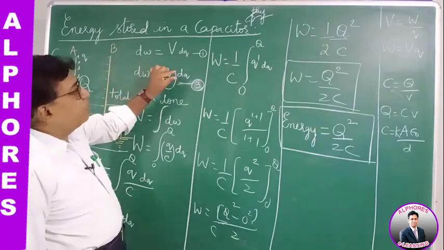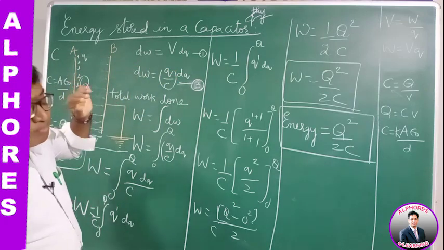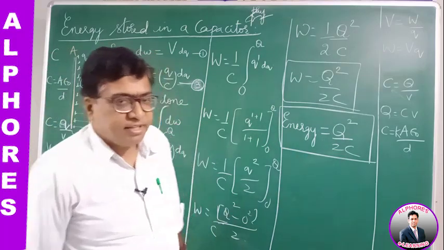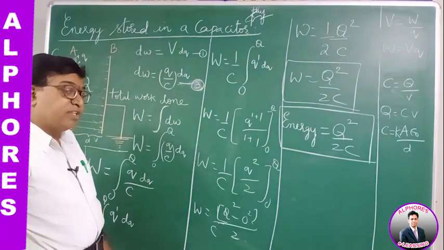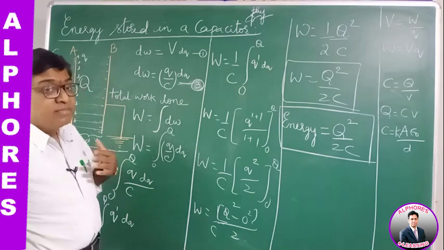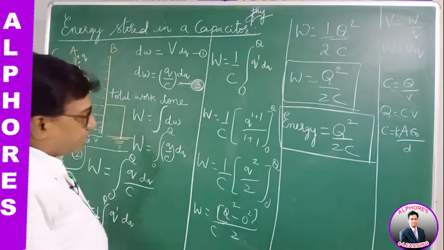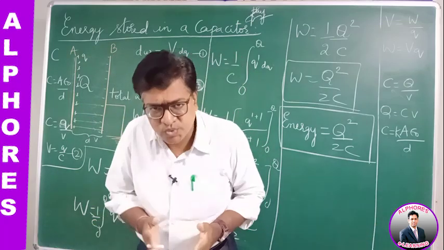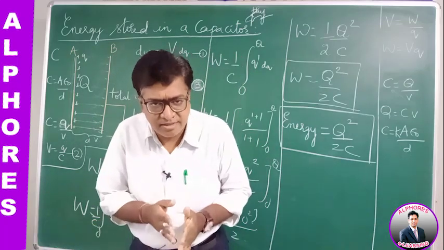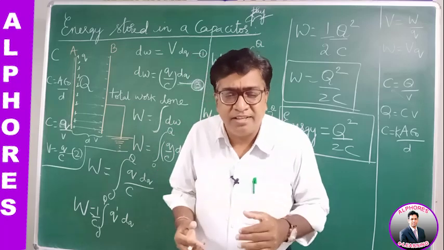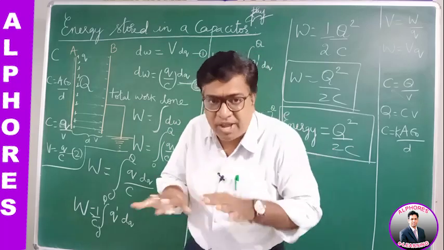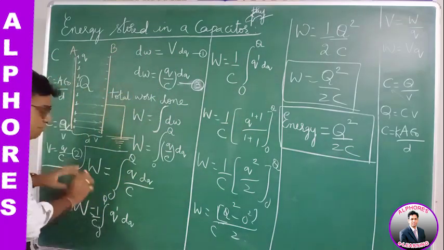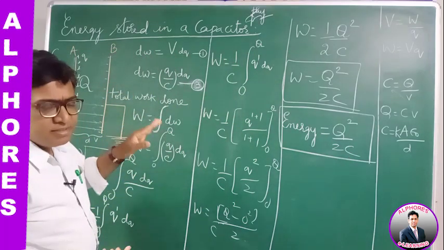Now in putting a small charge, a small work done is dW. If you have to store the total charge capital Q, then the total work done, I am the external agent who is doing work in storing the charge. Any external agent, a battery, a source, a cell, an AC source, it can be anything. I am taking as an example that I am doing so. If I connect this to the battery, the battery does it. Same thing.